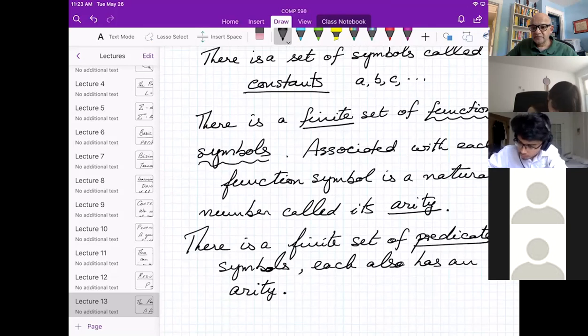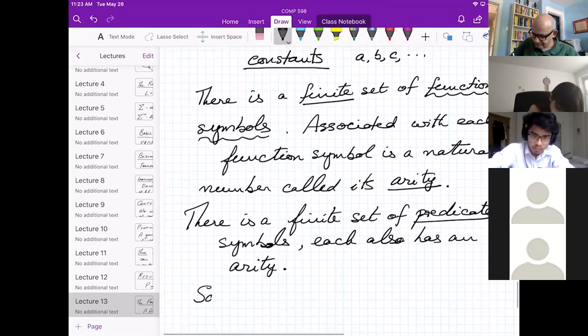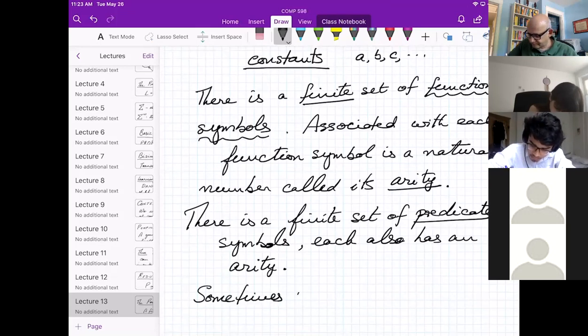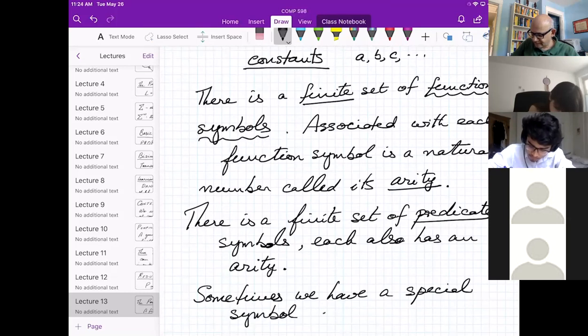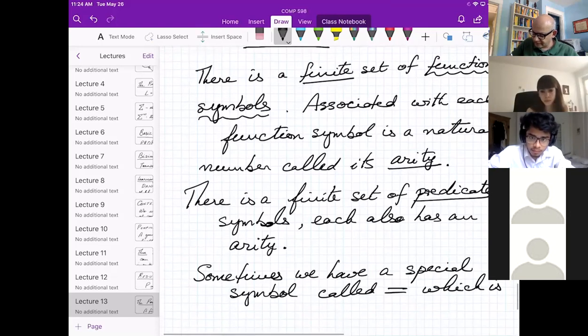Sometimes we have a special symbol, which is always interpreted as equality.